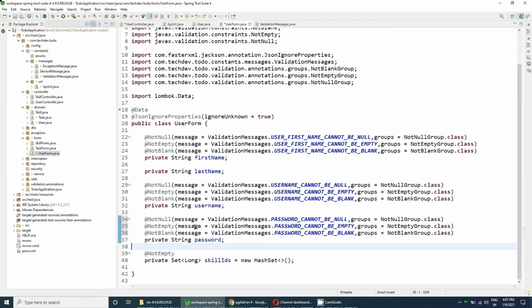And now we have done with the first name, username, password validation. We are left with the skill IDs validation.